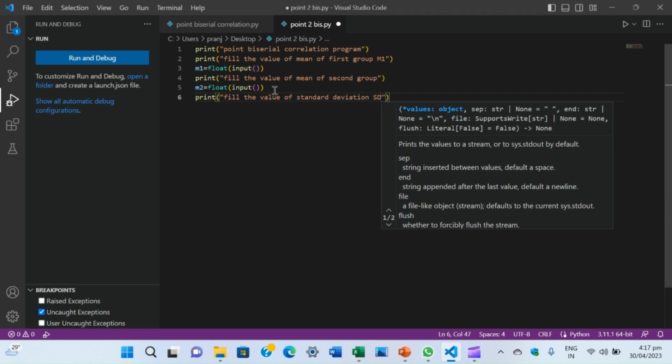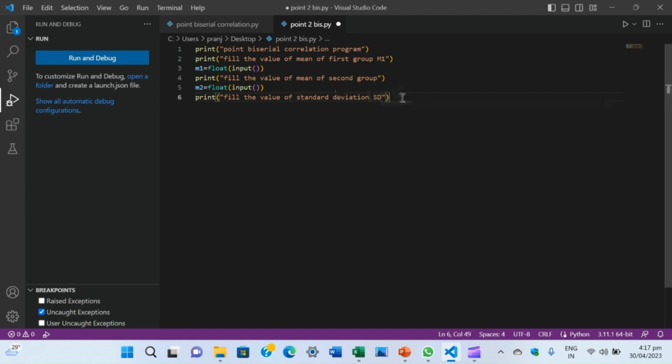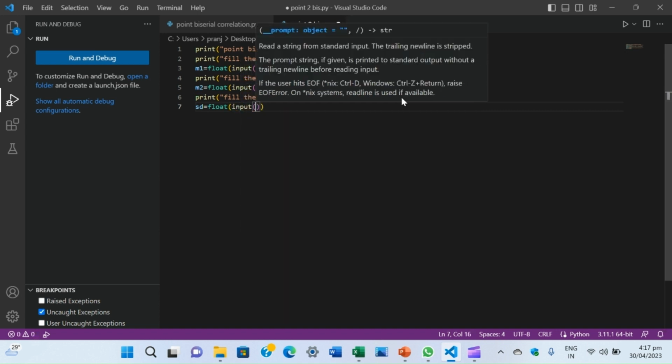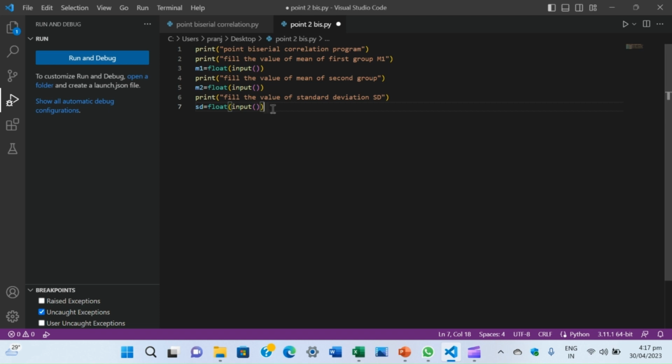that is st of total group, and to input the value we write the program: small sd. This is the symbol for a new variable for standard deviation. SD is float, its nature is like a float, and bracket, input, again bracket, close. And similarly for p and q we write